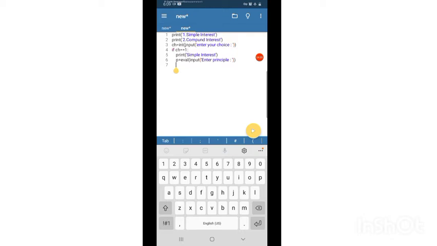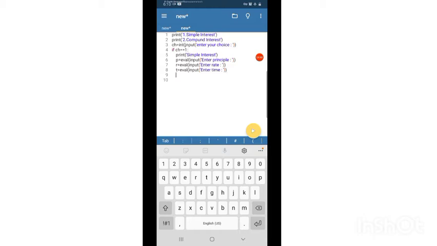Then again I am copying this. Rate of interest, enter the rate. Then here I am writing T, enter the time period. So we get P, R and T, principal, rate and time.